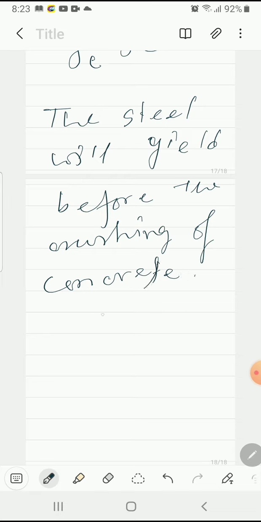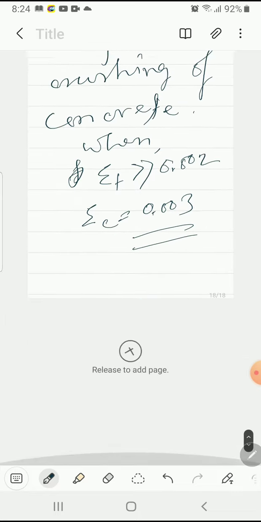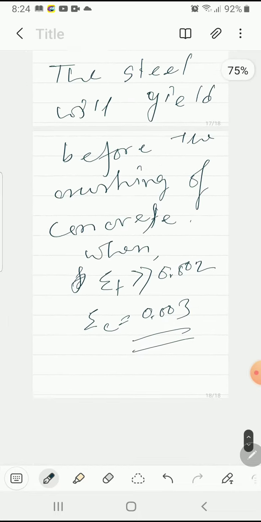Okay, that is when epsilon t is far greater than 0.002. Okay, then epsilon c equal to 0.003. Okay, this condition is called under reinforced failure condition, and during design